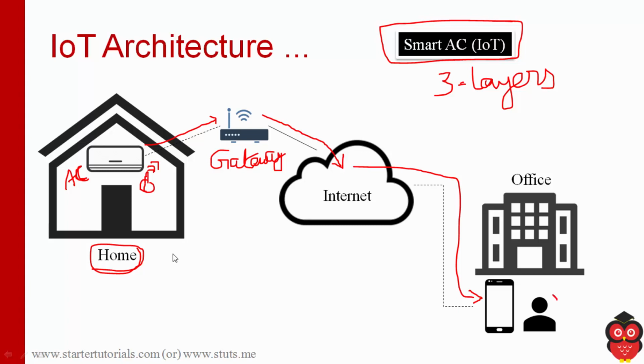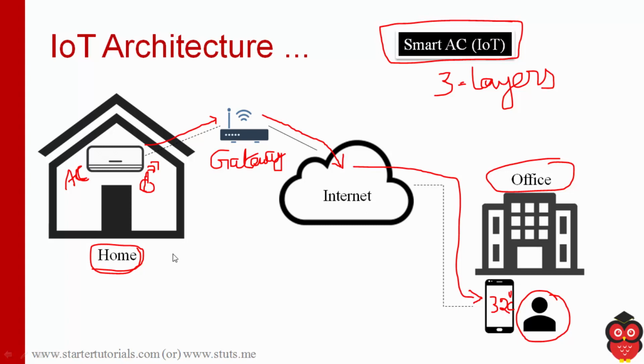Okay, this is your mobile phone and this is you yourself. Now let's say you are at the office. At this instant you are at the office, and at your home the smart AC is running. Okay, it is turned on. It should be turned on to access it remotely from the office. If it is switched off, you can't access it, right? So it is turned on, and you can see the temperature readings on the mobile phone application. Okay, something like 32 degrees centigrade or whatever the temperature is at your home.